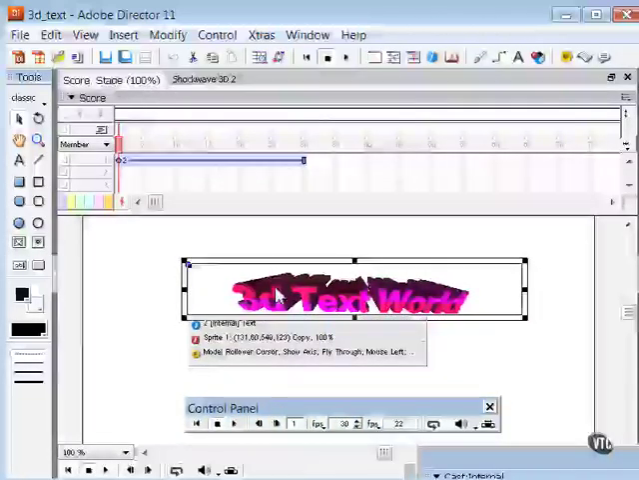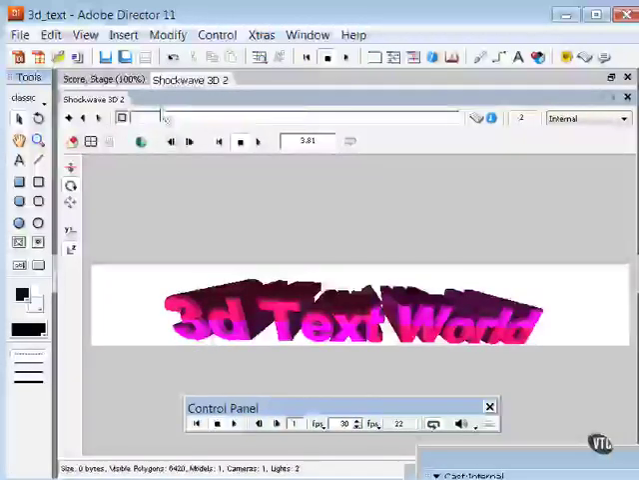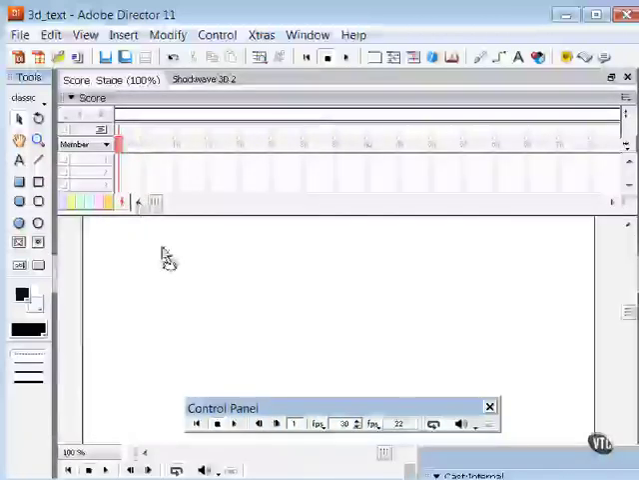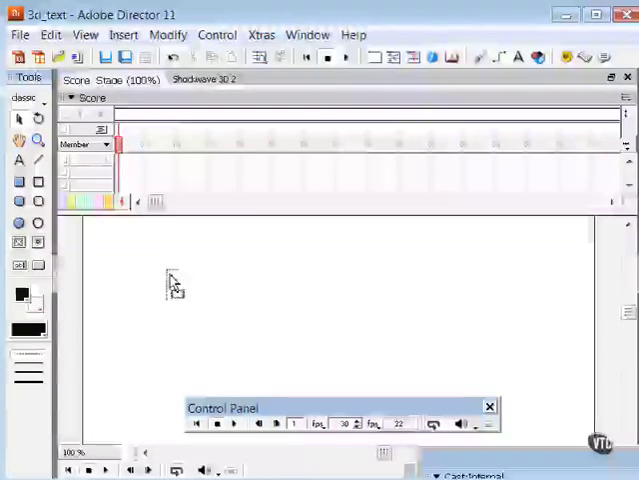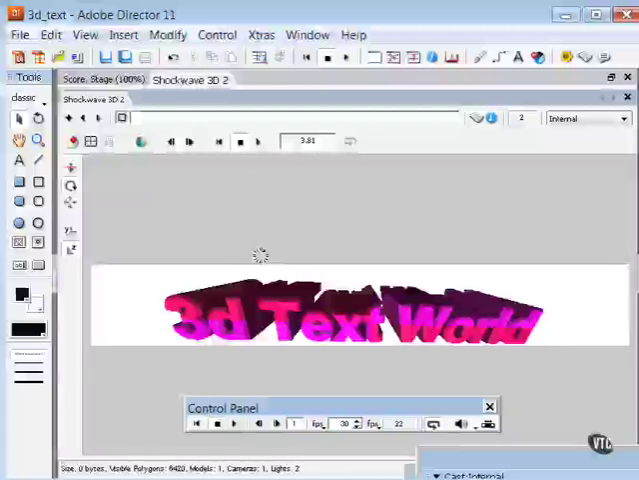Let's go ahead and delete that instance, and let's move this. Now let's grab this little icon and drag it onto the stage like so, and notice that there is my outline, and I let go and there's the new member on the stage. Going back to my Shockwave 3D window here, we also have